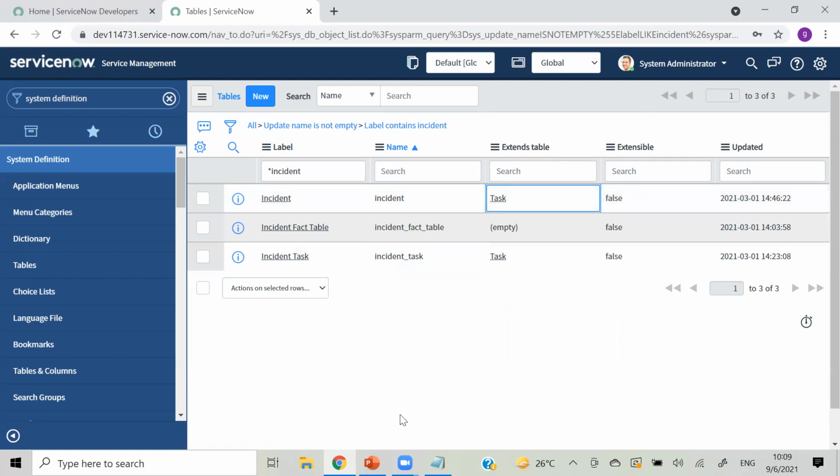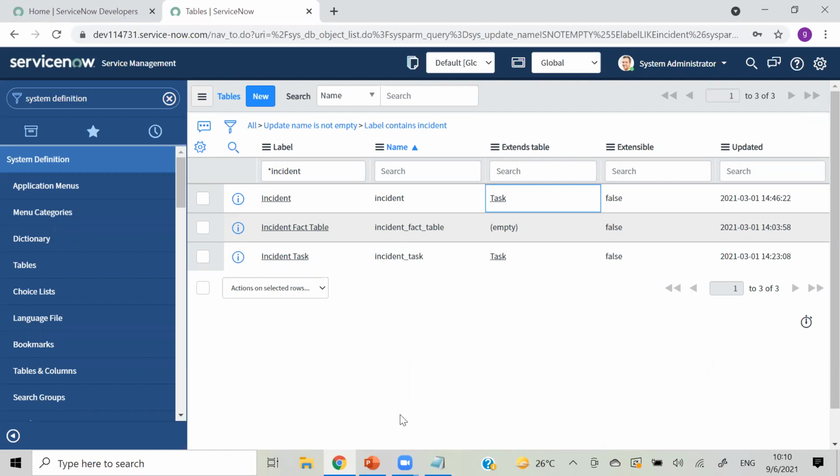For the people who don't have IT knowledge, we create a table where we can store our data. If we create an incident table, we will have fields on that, and then we can create a form and submit our records into that table.